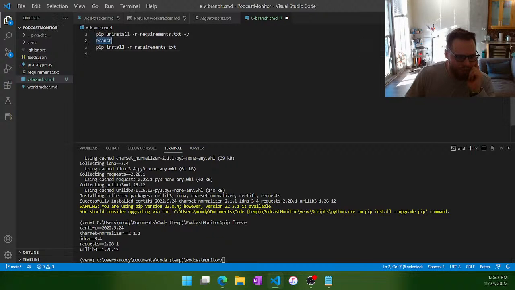One is that I need to figure out how to do the branching, and then two, this requirements file. One of the issues with this is that Python is a language where, if I'm running this from Podcast Monitor and I'm running just vbranch from here, it will be able to find the requirements file. However, if I'm running it from a different directory, so let's say I go into, I'm going